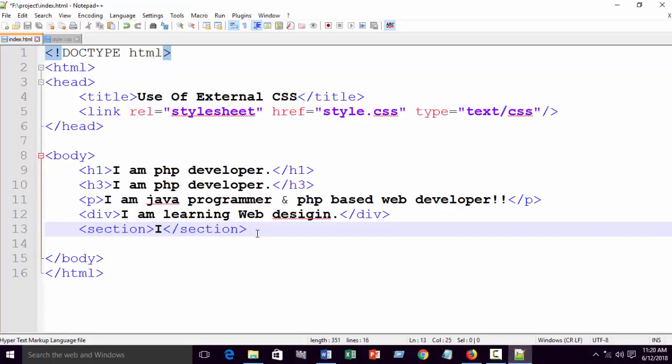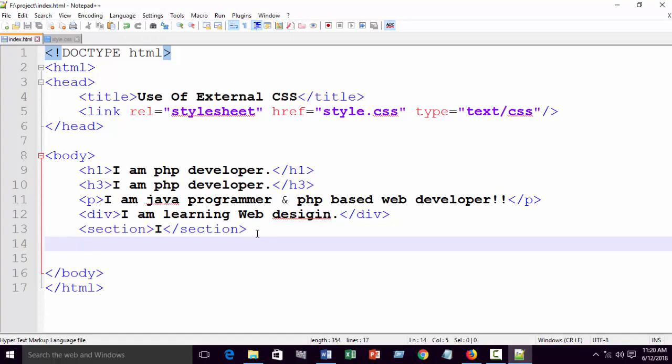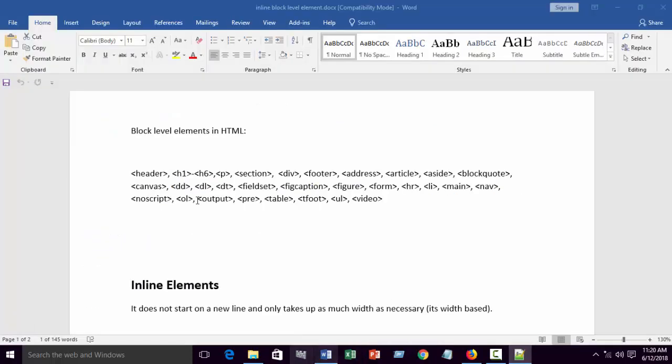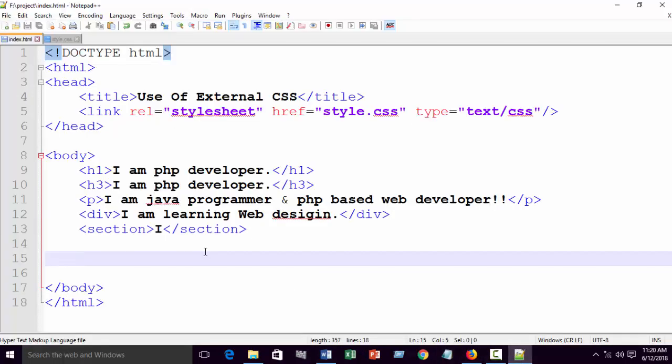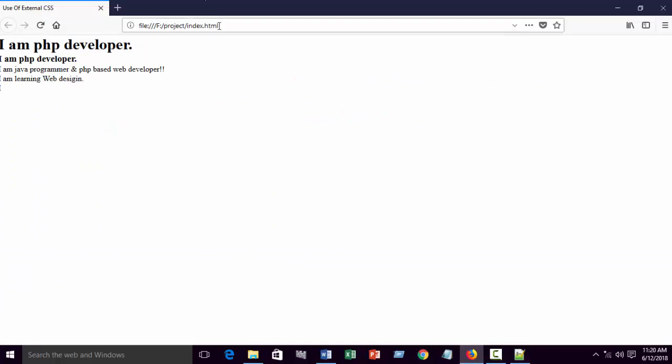But when you write an inline element, something like that, we can check on our page that inline elements are span, img, a, etc. Write span first. I am just showing an example, you can check all of that. Learn web design. You can see it does start on a new line, but it does not take a new line,